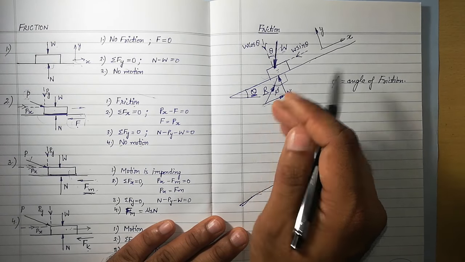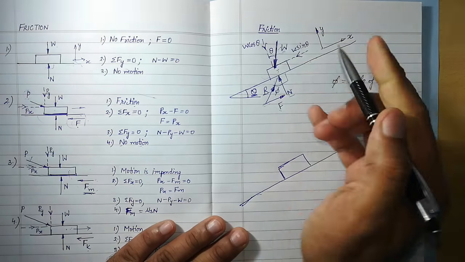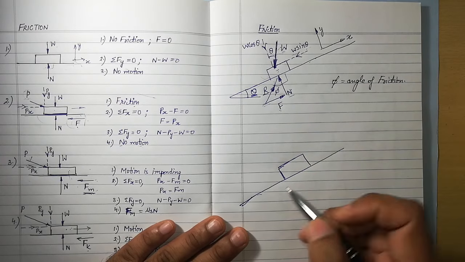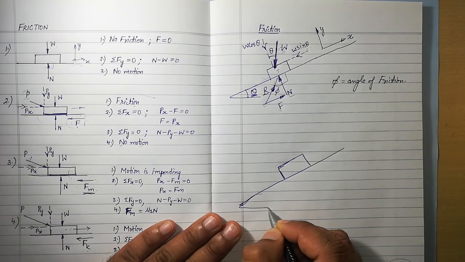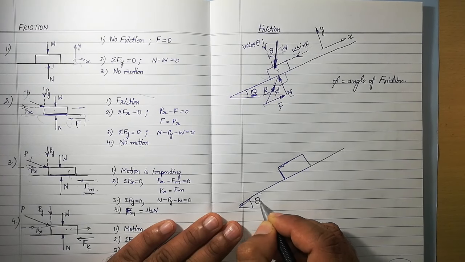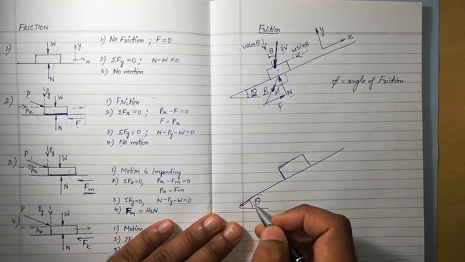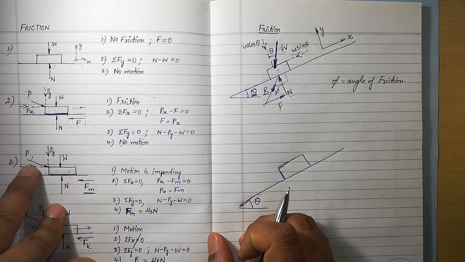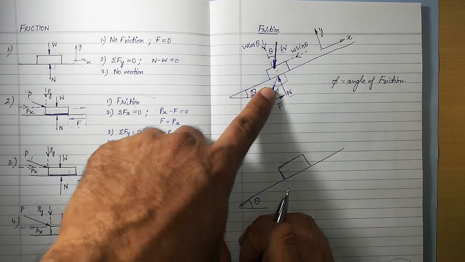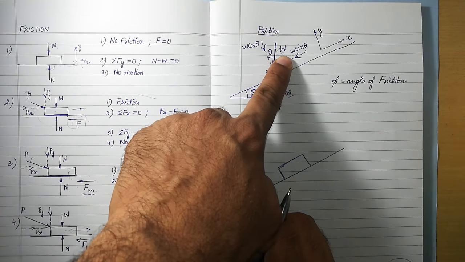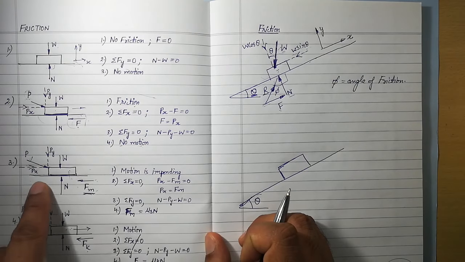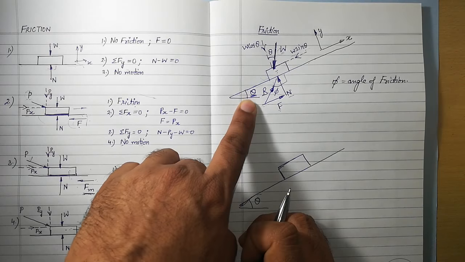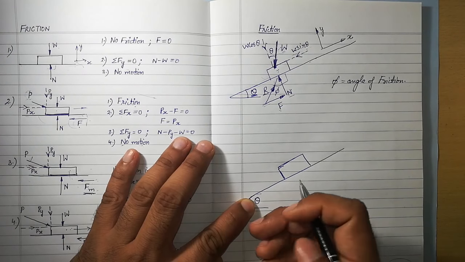inclination. When you increase this angle further, what will happen? The magnitude of this component will also increase. That's why a bigger angle is shown. So I am saying that theta is further increased. In the previous case we said P is increased further, but now we will say no external force is there, only the weight of the body is there. So in order to get the third situation, we will say increase the angle of inclination further. So the angle of inclination is increased.